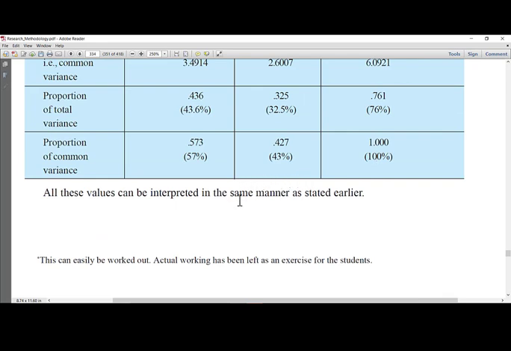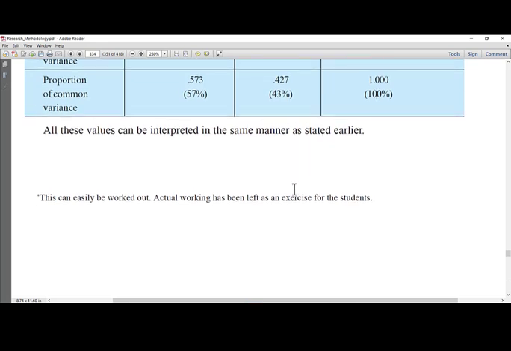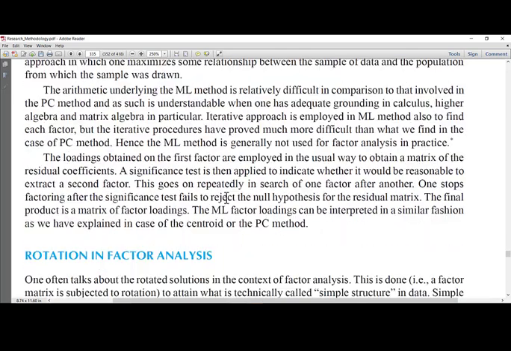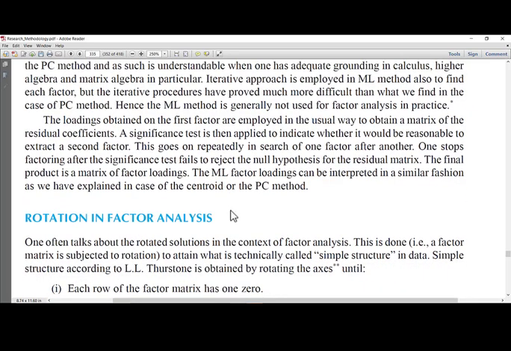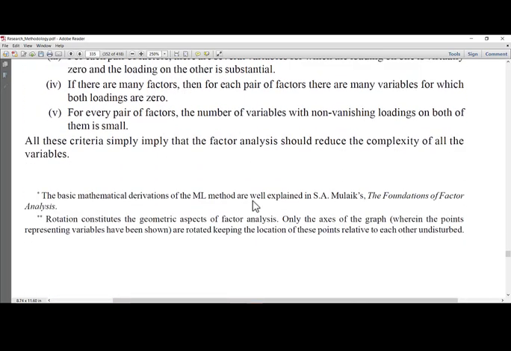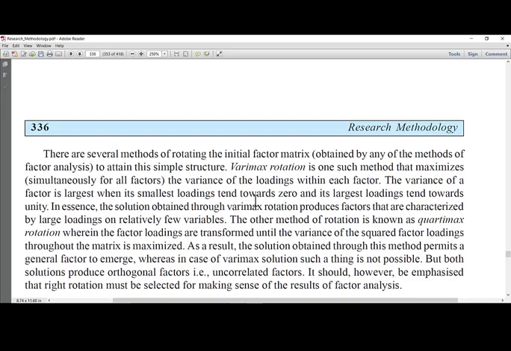And all these values can be interpreted in the same manner as stated corresponding to the centroid method of factor analysis. And there is another method known as the maximum likelihood method of factor analysis. But once you understand the centroid method and the principal component method, those are sufficient. In fact, the principal component method is gaining popularity nowadays, particularly in machine learning and image processing, etc. And I hope you are able to understand